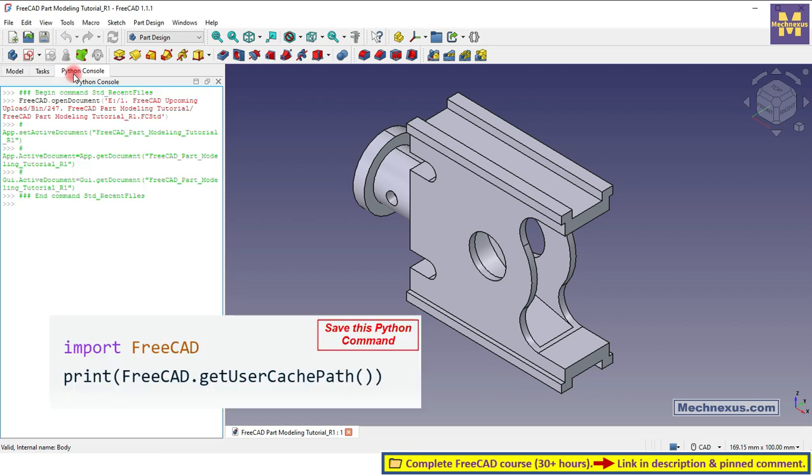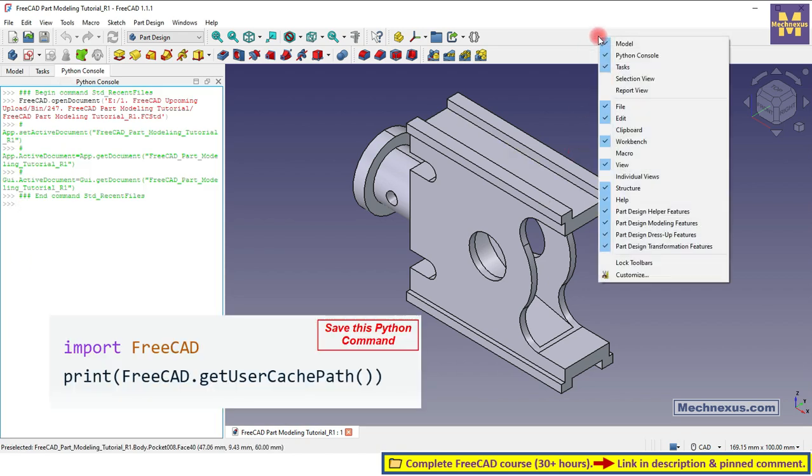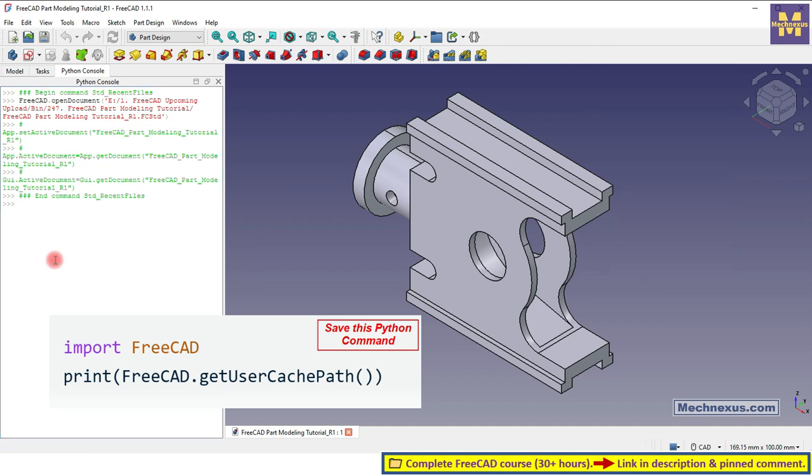So move to the Python console, and if the Python console is not active, you can activate it from here. And here we will use the Python command. So first thing is to import FreeCAD. Type import FreeCAD, press enter, and type print